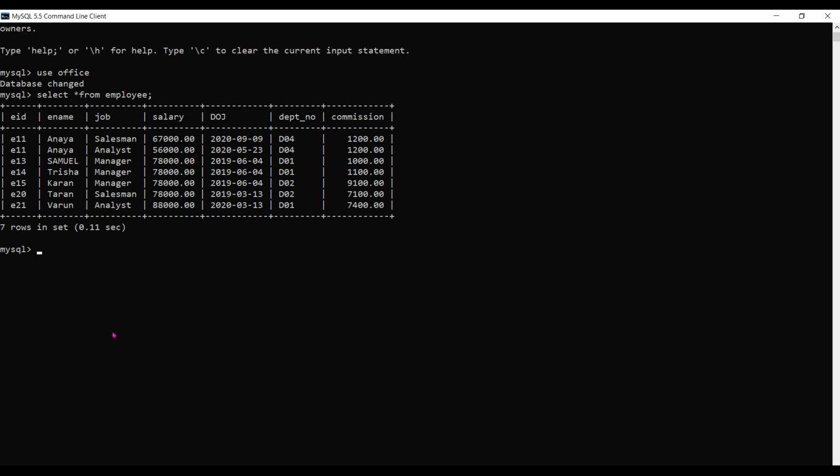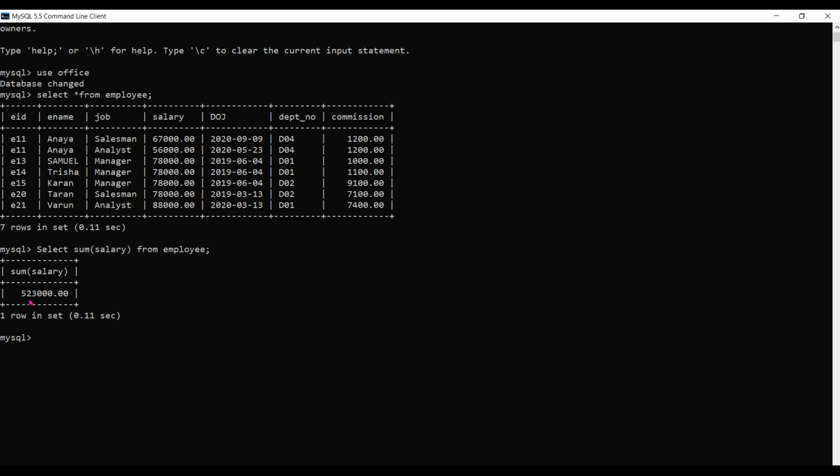Now we'll perform the aggregate functions on this example data. It's very simple to use these aggregate functions. Select sum of salary from employee. So it has given the sum of the salary.